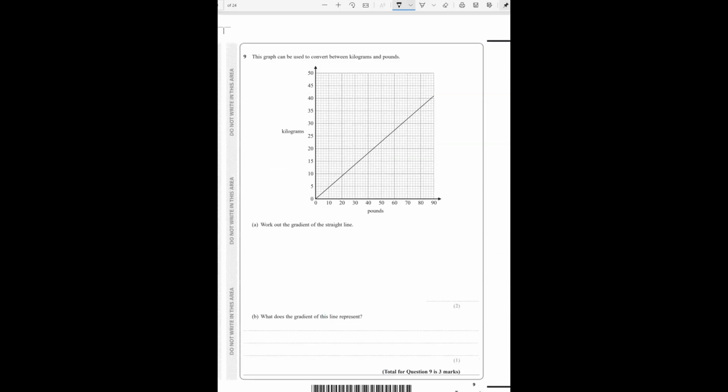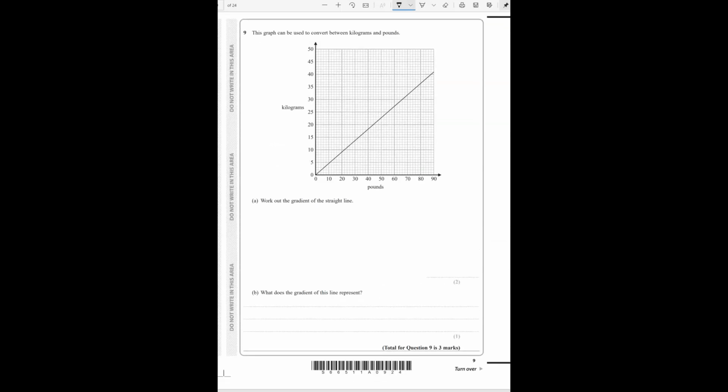Number 9. This graph can be used to convert between kilos and pounds. Pounds, kilos. Work out the gradient of the straight line. Right, okay, so gradient, change in the vertical divided by change in horizontal. So I'm going to pick a point. I'm actually going to pick that point there, which I think is 18. So that's 18 by 40. So it is 18 divided by 40, which is